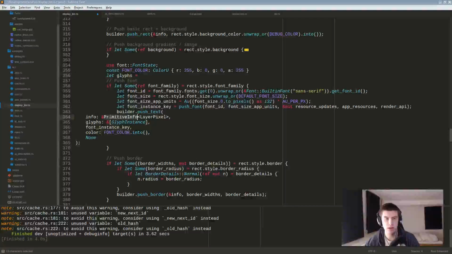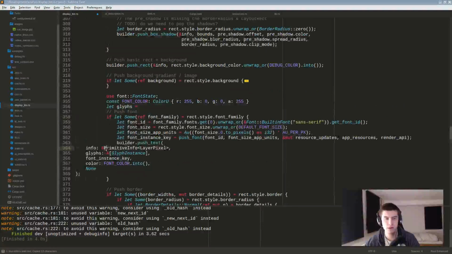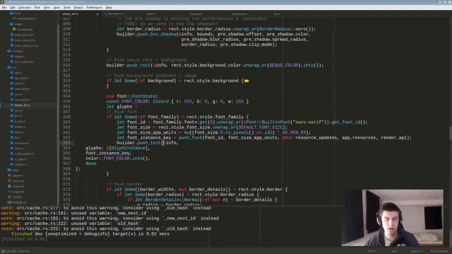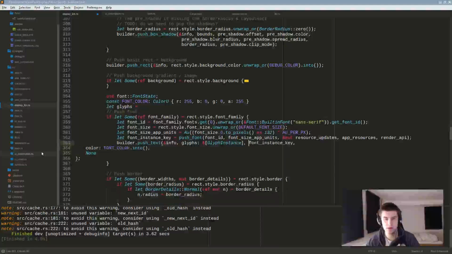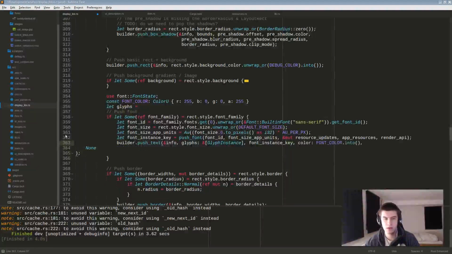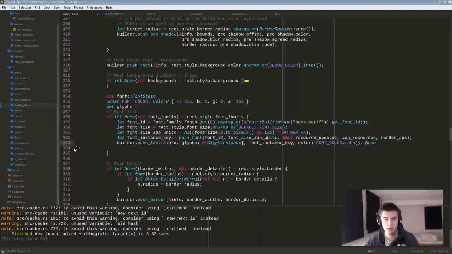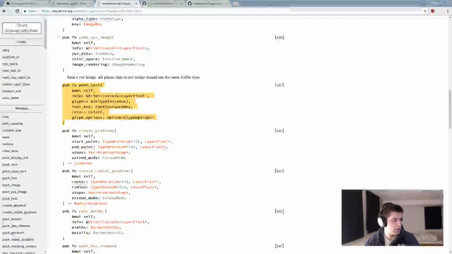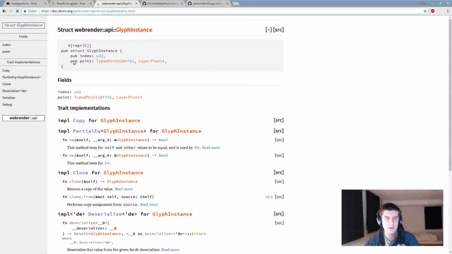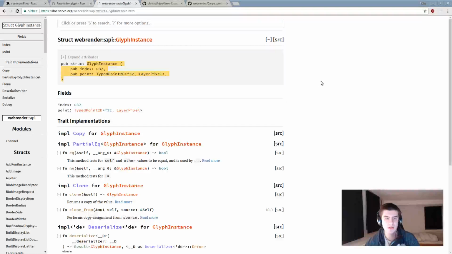So we have the primitive info, reference info. Push text, reference info, glyphs, glyph instance, font instance key, color, none, and then the only thing that we want to have is, okay, glyph instance is a glyph instance